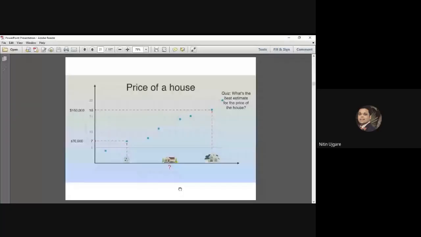And yesterday, I had asked the question: what's the best estimate for the price of the medium size house, which is represented here? So the options are, will it be $80,000, $1,20,000, or will it be $1,90,000? And the right answer given by the students is $1,20,000. How? We have just plotted the dotted lines for this medium size house because we have represented the entire task on this x and y axis, where the x-axis represents the size of the house and the y-axis represents the price of the house. So the correct answer for this question is $1,20,000.